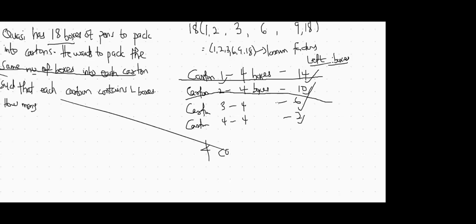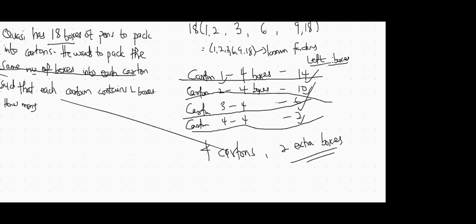The third carton, now we have 6. Then the fourth carton, and now we have 2. So it's going to be 4 cartons and 2 extra boxes. And I think that the 4.5